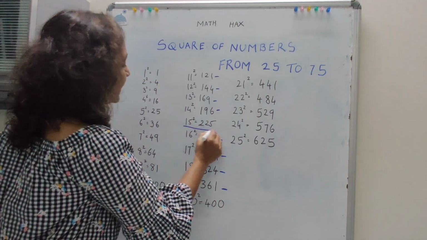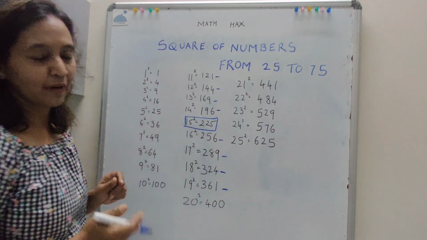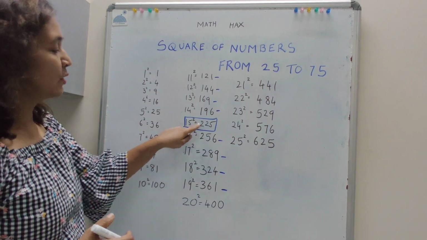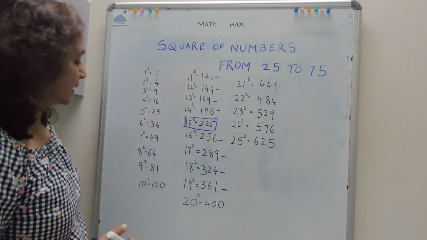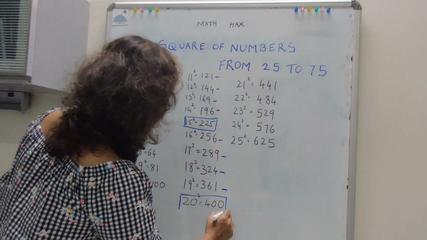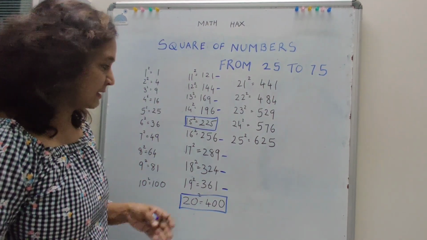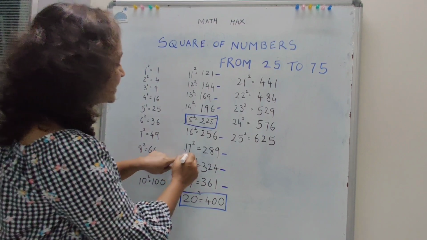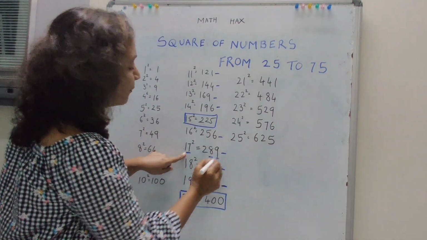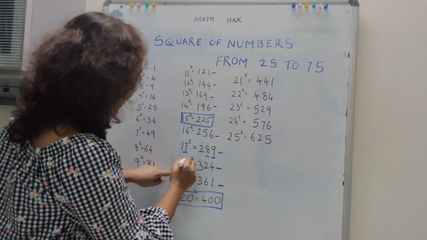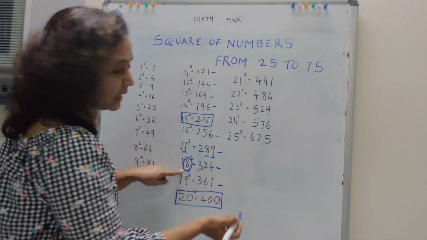Also, you know finding the square of a number ending with 5 is very easy. 25, 2 comes after 1, so 1 2s are 2. So this also should be easy. This is easy. And now for the remaining, you can try forming your own tricks. For example, this is 7, so you can figure out that this is 7, 8, 9. Or probably if this is 8, 8 3s are 24.